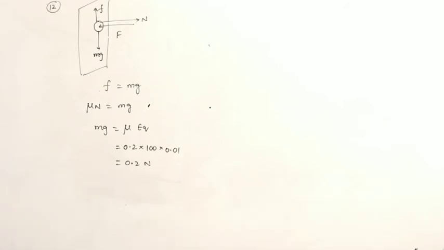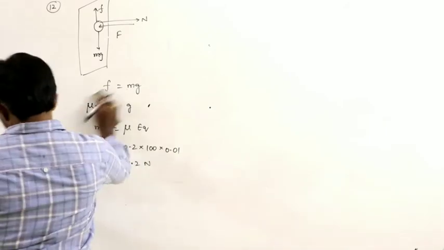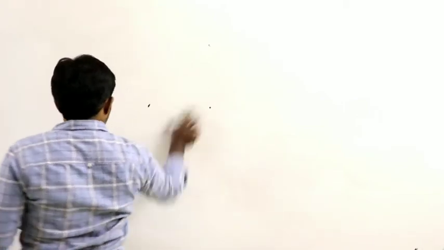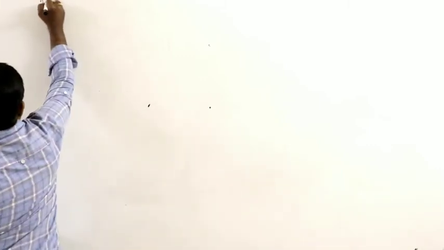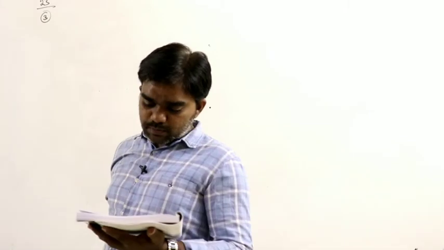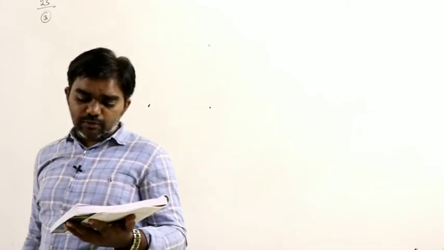Come to the dipole problems. So page number 23, question number 3. Two charges plus 3.2 into 10 to the power of minus 19 coulomb and minus 3.2 into 10